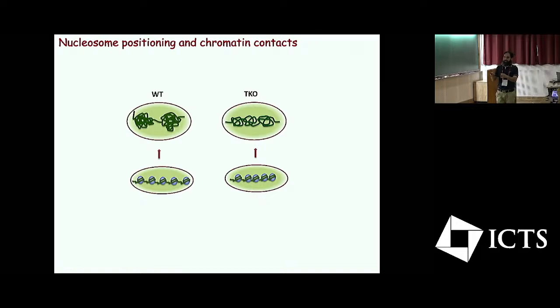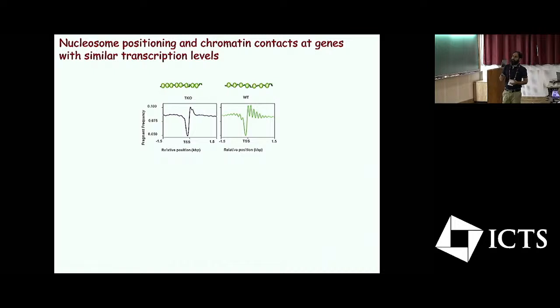So you know that the best site, as I showed in my slide, to compare the positioning of the nucleosomes is the TSS. So we compare the positioning of nucleosomes at the TSS of the genes whose expression doesn't change between the wild type and the knockout strain, to exclude the possibility that the changes which we see are because of the change in the gene expression. So we did RNA-seq and excluded around 370 genes which showed differential expression between the two cell lines here.